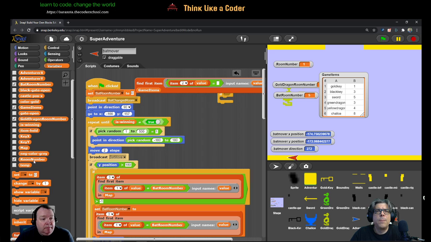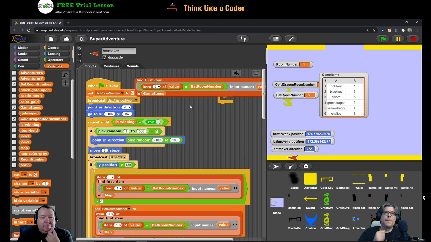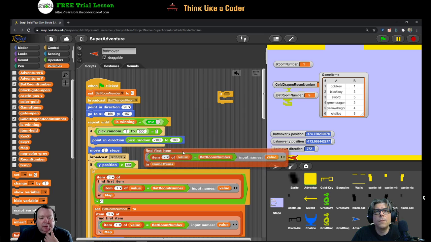It's the bat room number. Right. I was expecting to see a private variable for the values there, so that's what got me mixed up. All right, so